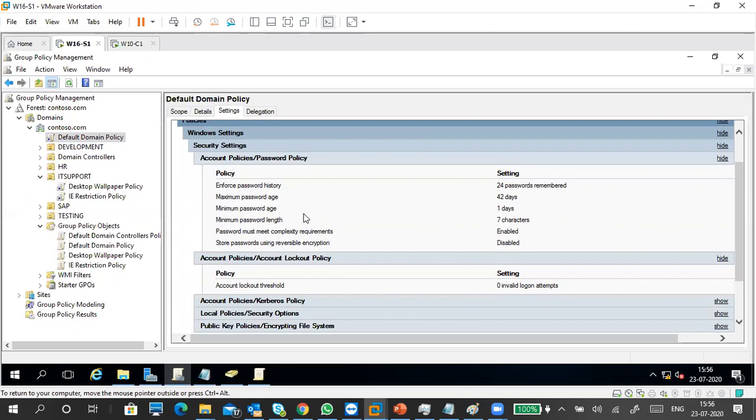Here the policies actually belong to account related settings, user related only. Under Security, account policies are there. Under account policies are the password policy, account lockout policy, and Kerberos policy, three policies.